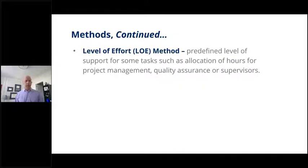Another method is the level of effort method. So there's a predefined level of support for some task, such as an allocation of hours, again, for project management, quality assurance, or supervisors. Very common thing. You may have contracts that you're bidding where the client has said they want a specific level of effort, right? They might say, we are hiring you to do this service, and we want you to provide coverage in the case of a staffing type of thing, where they might want a very specific, hey, we have a call center we want you to manage, and that call center is going to be open so many hours per day and so many days per week, maybe it's open 24/7, 365, or whatever the case may be,